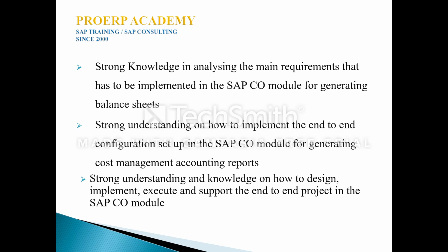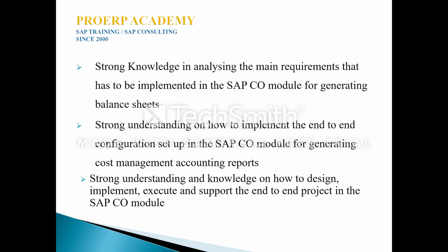So from all the different areas of the SAP controlling module, we will be getting different credit and debit entries. And based on these entries generated from different areas of the SAP CO module, we will be generating the balance sheets based on the requirement.